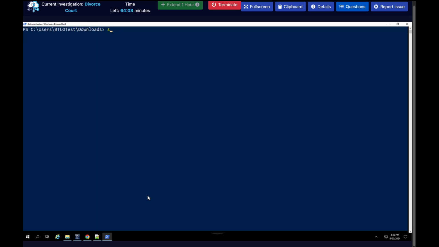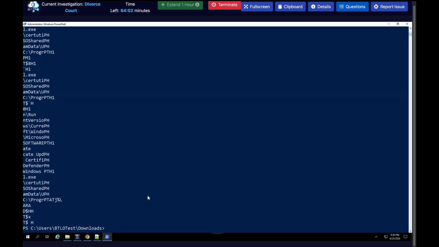So I will go directly to users BTLO downloads and run strings on this particular file, strings download.dat. Hit enter, and from this we need to pick out the respective characters and join them together so that we have something meaningful. And a pro tip: always start from the bottom to top. So you see we have